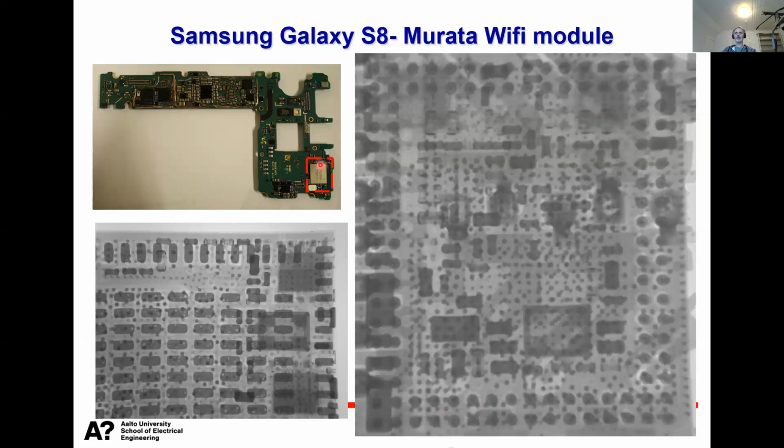So it's not one single component, but a multi-chip module or system-in-package component. We can see that there are several passive components like this, and then there are some actives, because we can see wire bonds here and here, and also these small solder spheres, these black dots, which indicate that somewhere here we also have some larger silicon chips. Unfortunately, when we are using trans-illumination X-ray, the silicon itself is completely transparent, so we cannot see